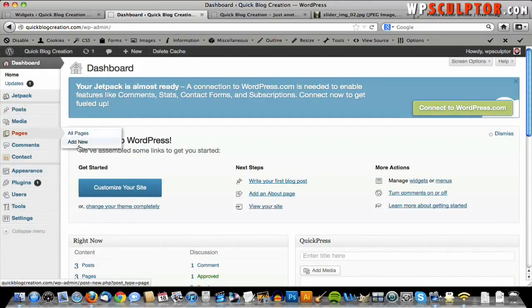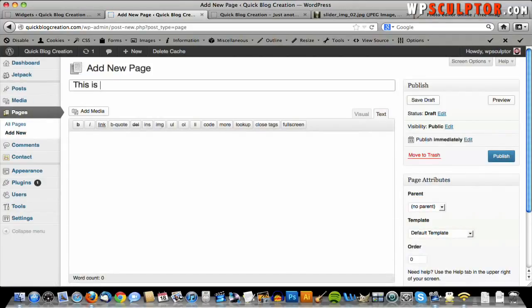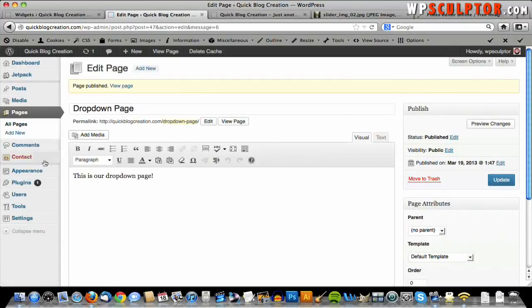I'm going to go to Pages, Add New, and let's just call it Drop-Down Page. And I'm going to switch to the visual editor. Publish that. And then I'm going to go back to Appearance, Menus,